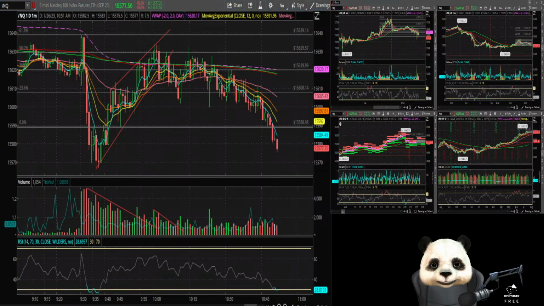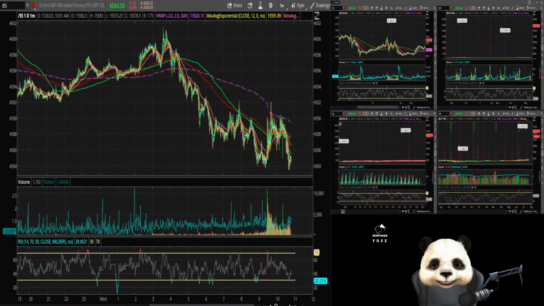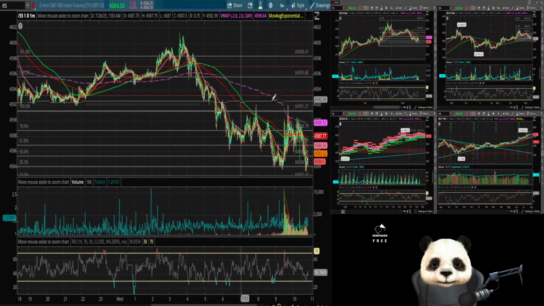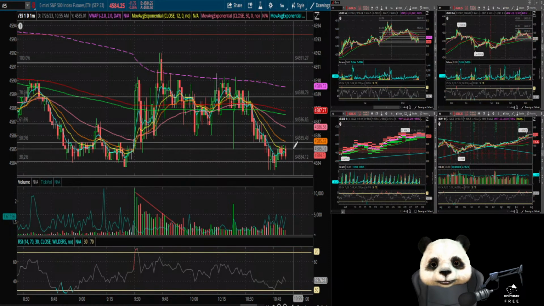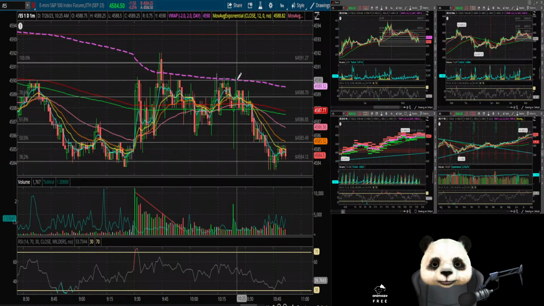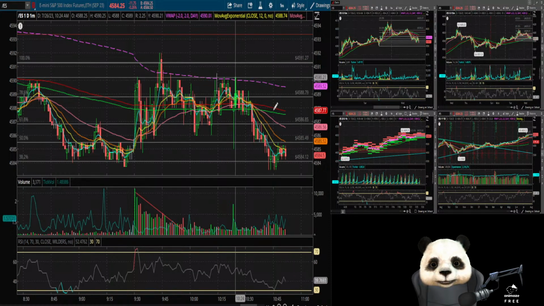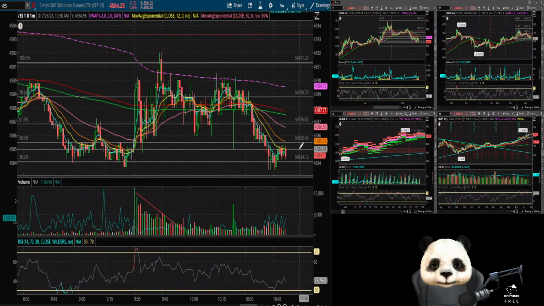Makes me want to take a trade on the S&P because we did break below this low. If we pop back here, I'm going to hop in one. And I really should have been in up here. But let's go for